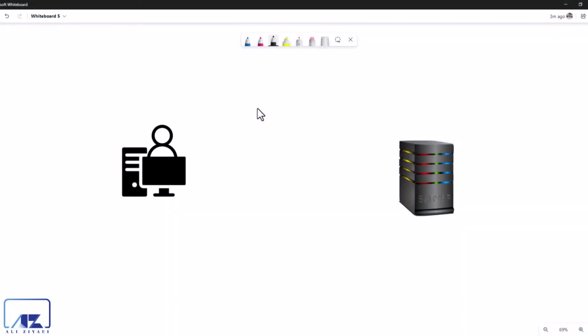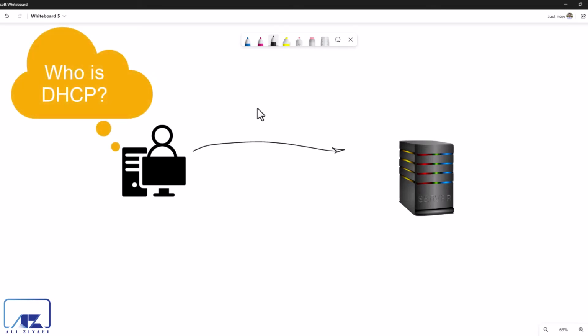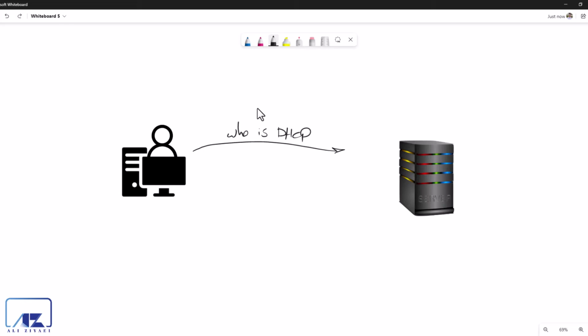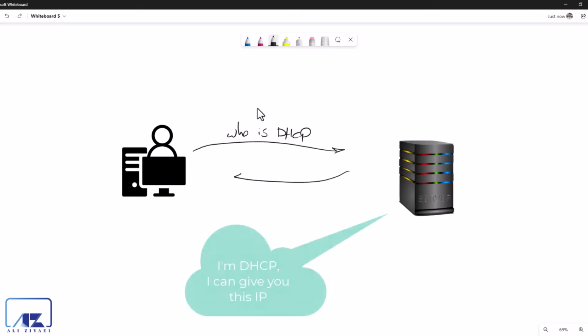The process of leasing an IP address from a DHCP server to a client is a 4-step process. On step number 1, the client sends out a request to find the DHCP server. It literally asks, who is the DHCP server on this network? On step number 2, the DHCP server responds to the client by saying, I am the DHCP server and I can give you this IP.